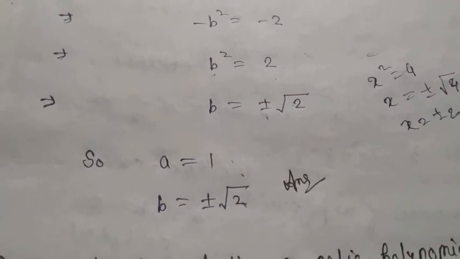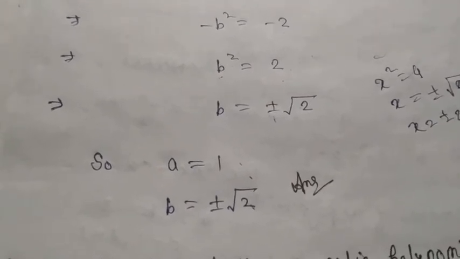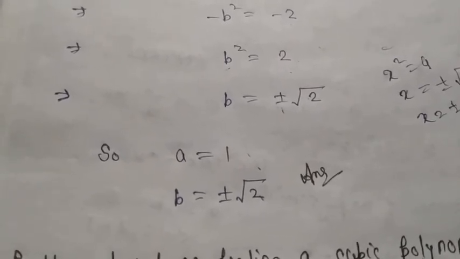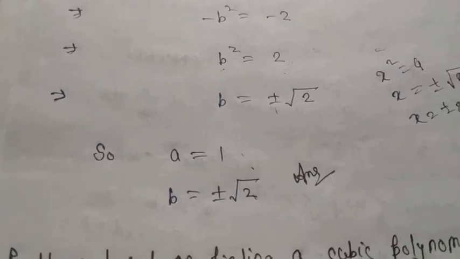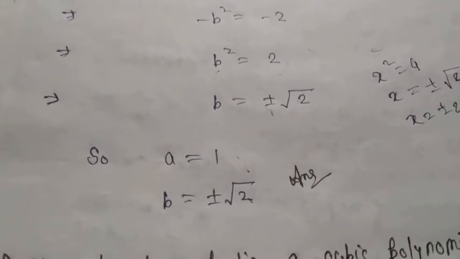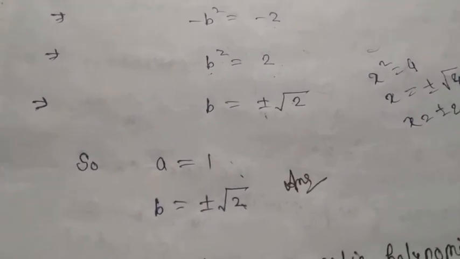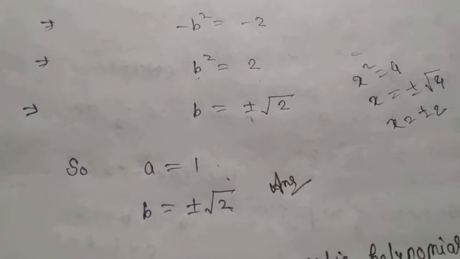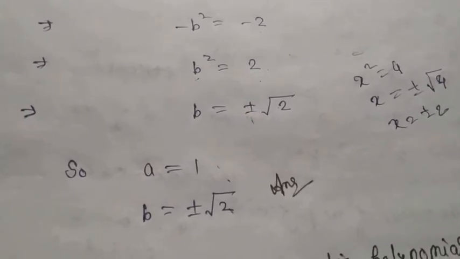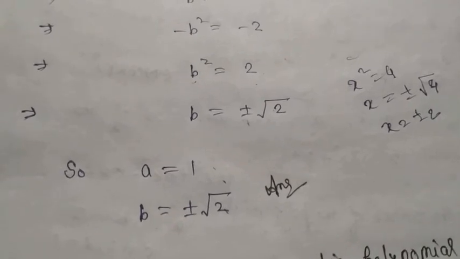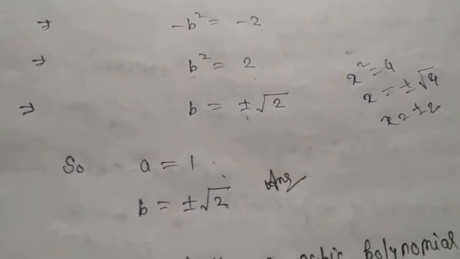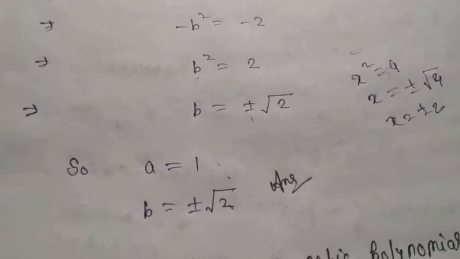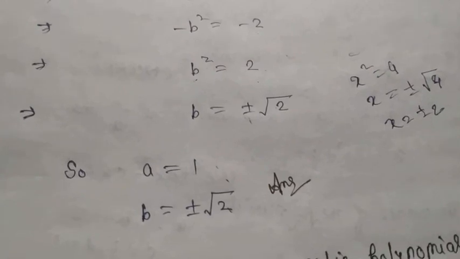First you have to use the formula sum of the zeros, then you have to use the formula product of the zeros, and sometimes you have to use the formula that is sum of product of zeros taken 2 at a time. Okay, so only this much you have to do. So go through the exercises, solve them, and take your time to understand the concept properly, because once you understand the concept, you will solve many types of questions. Okay, so don't worry that you are not able to solve anything. It will take time, but you can understand.